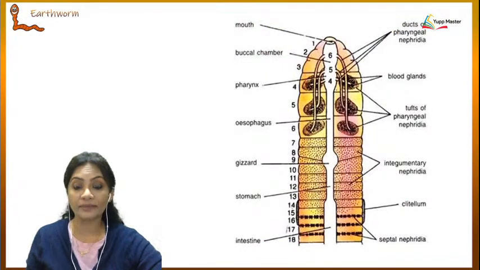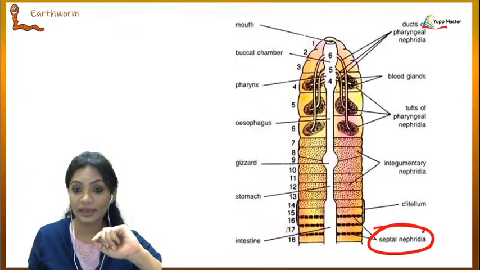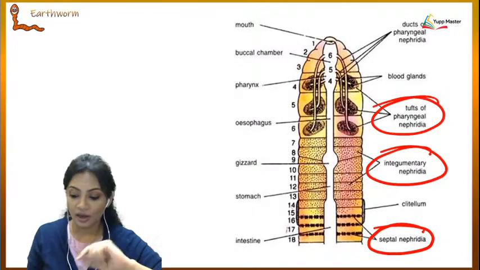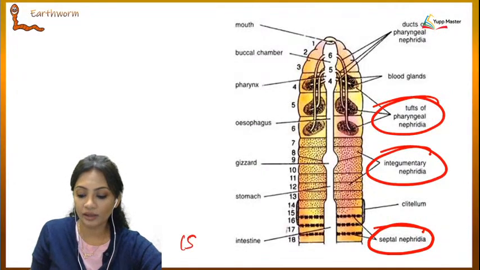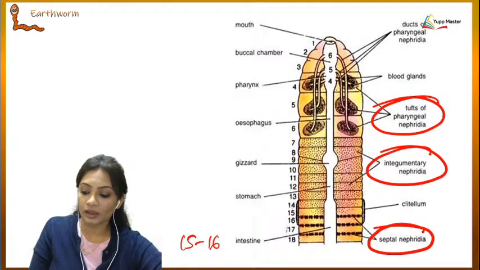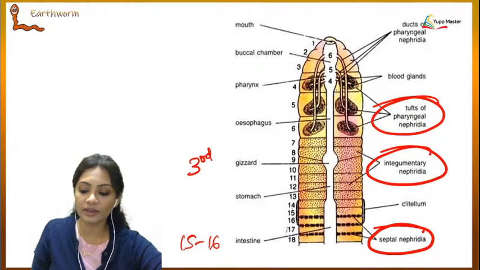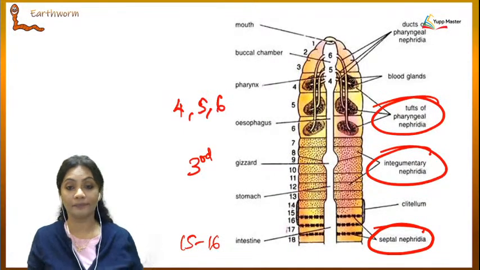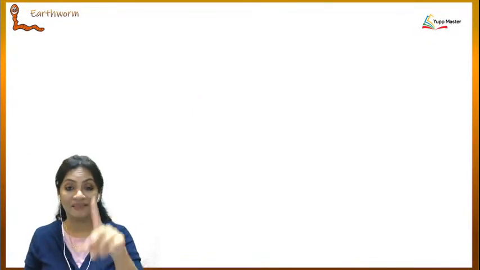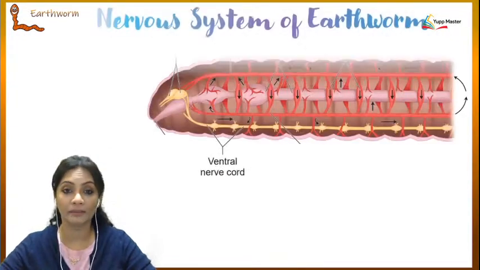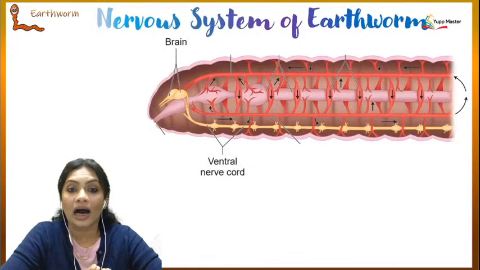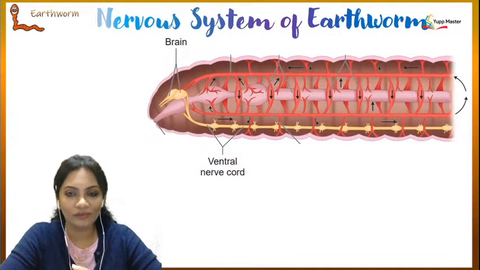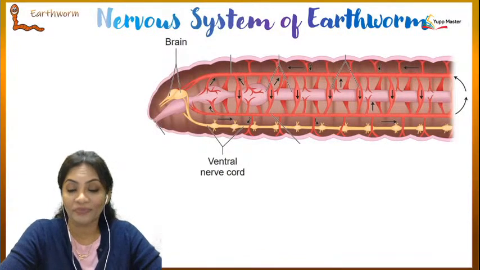Okay, so the three types of nephridia we saw. First we saw septal, then we saw integumentary, and then we saw the pharyngeal. Remember, septal was 15 to 16. Okay, the integumentary was 3rd onwards, and the pharyngeal were 4th, 5th, and 6th. Okay, so don't forget those numbers. They are very important. Okay, segment numbers. Now after the excretory system was done, let's move on and carry ourselves forward to the nervous system